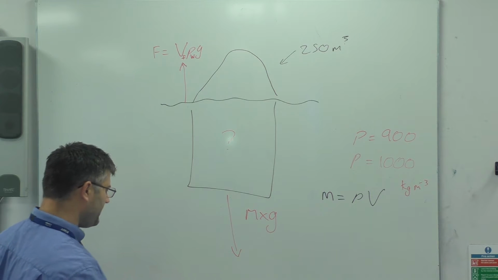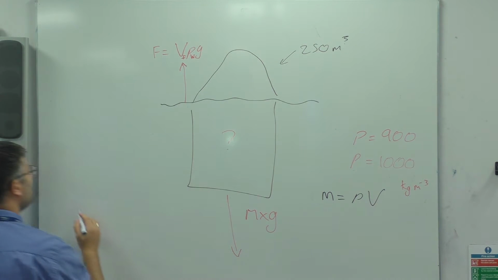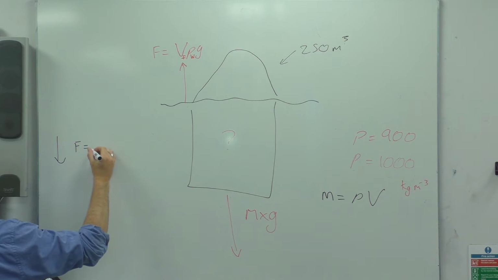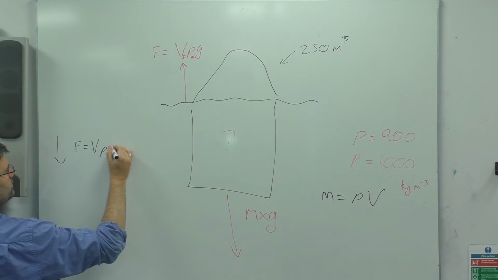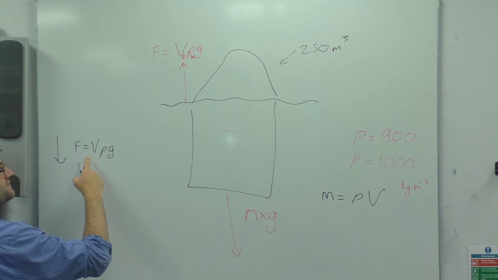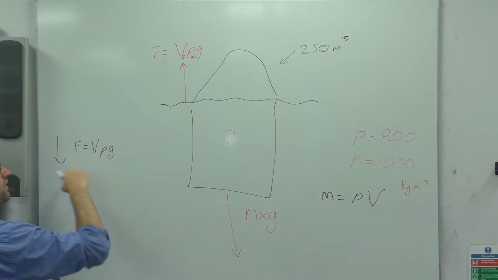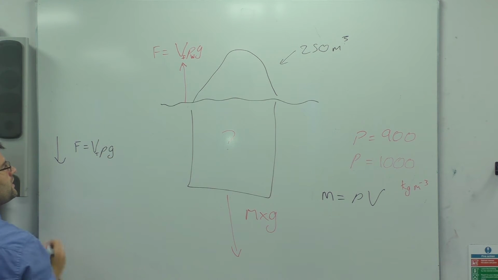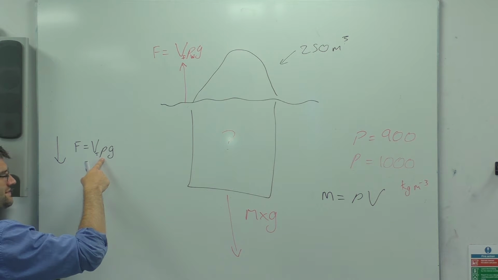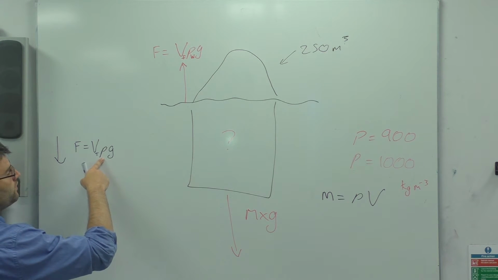So we can rewrite this force down here, the force downwards, to be F equal V rho G, where V, in this case, is the volume of the iceberg in total,